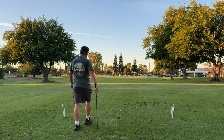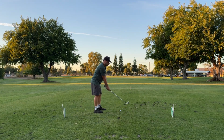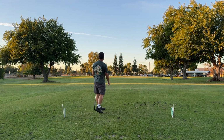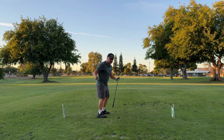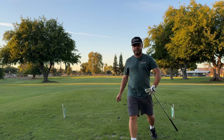All right, y'all, I'm definitely feeling it right now. Last hole. What is it? It's about 111 yards away. I am standing a little closer. Okay, check this out. It was actually one of my best shots, but the aim was off. And maybe I pushed it a little bit actually. More rotation, maybe this little hip part kind of froze up, but